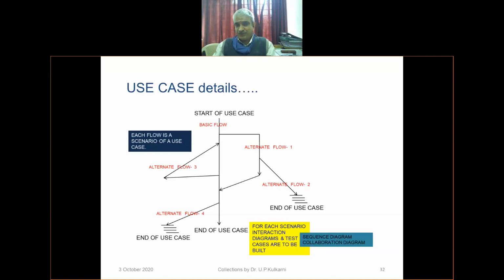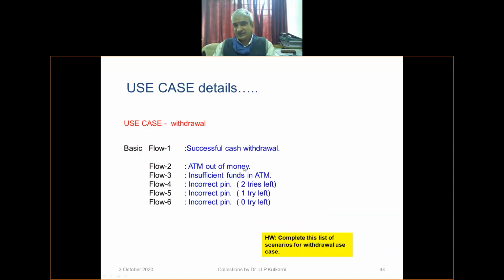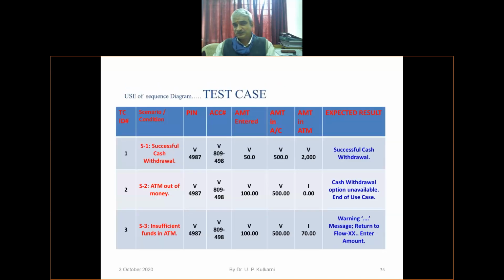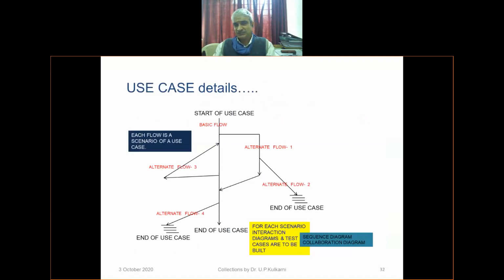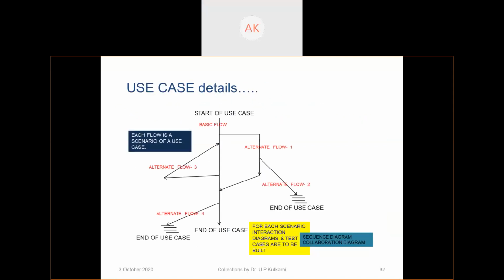And for every possible flow, we go for what is called test case design. Every possible flow, and that becomes complete. So shall we stop here now? We'll continue this from this point again.